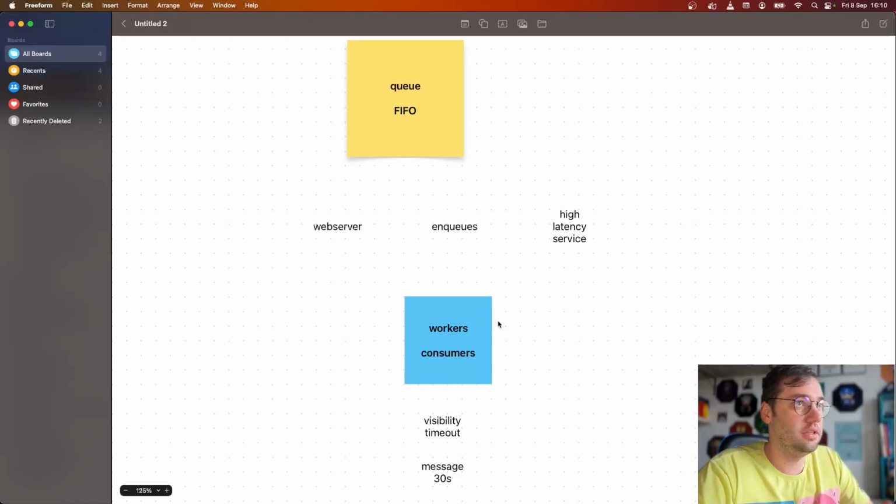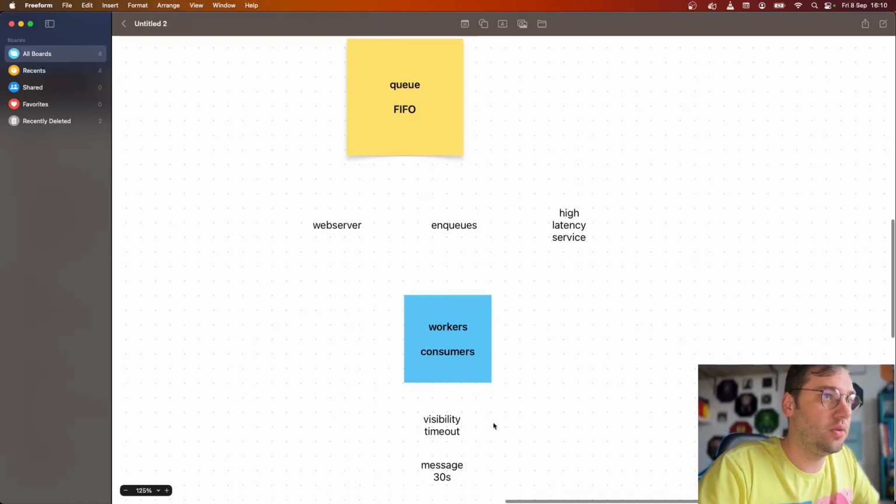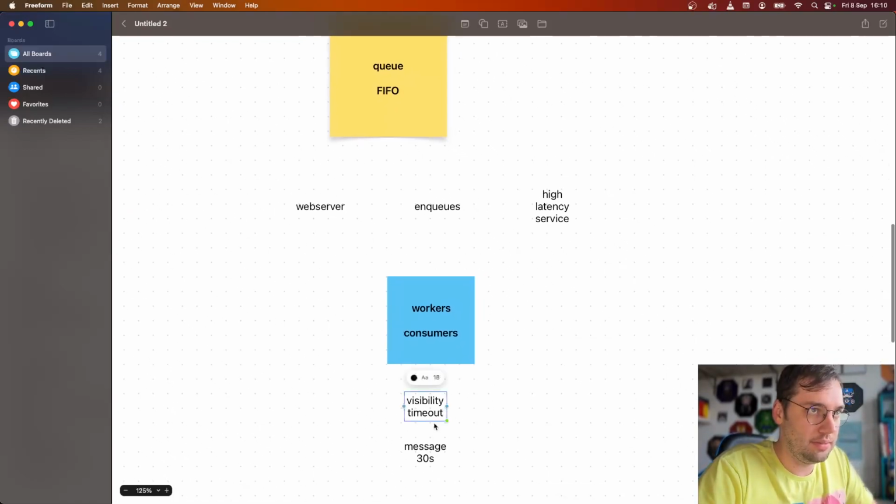The queue service needs to support it, and it can be a problem for high throughput applications, because normally when you have FIFO queues, you can't process in parallel. So this visibility timeout is normal and good, because